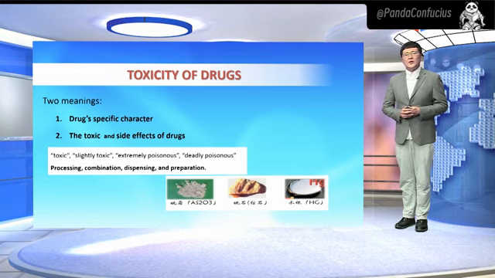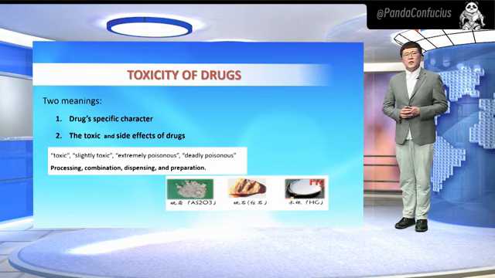In clinical practice, we must be careful in choosing drugs, especially those poisonous ones. For the sake of safety, we can eliminate or lessen the toxicity of poisonous drugs by means of processing, combination,